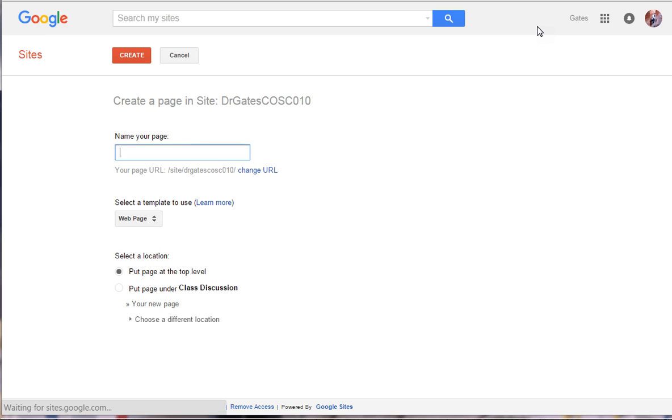So I'm going to click Create Page here, right on my website. It doesn't matter because I can delete it just as easily as I can create it. So I'm going to name this page New Example Page, and this way it'll be easy for us to find. It immediately builds the URL for that specific page, which is useful if I need that. And I'm going to put this page at the very top level, and you'll see where that is. And then I'm going to click Create. And when I do that,